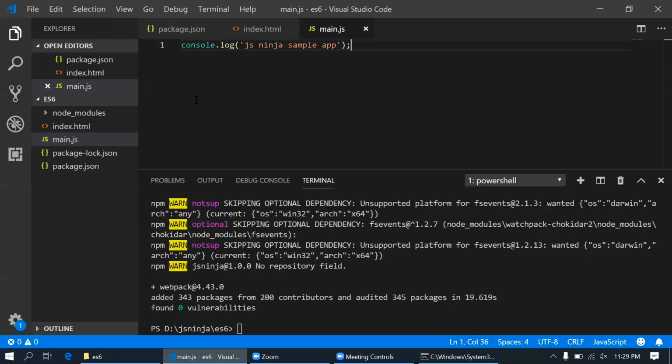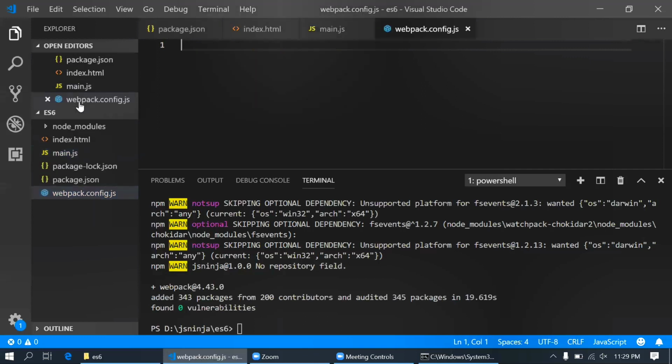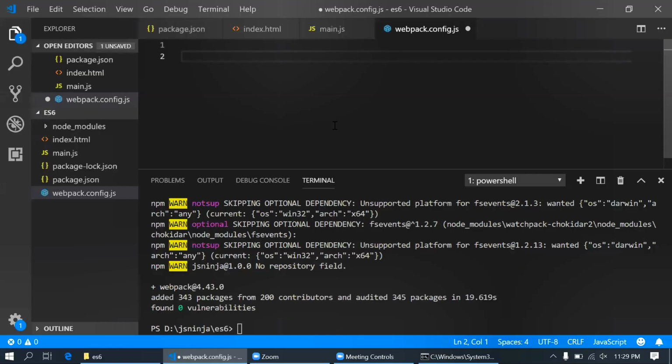Now the next step is to create the webpack config file. In order to create the webpack config file, we will write webpack.config.js. The file name has to be the same, okay? You can't change it. Inside this webpack config file goes everything related to ES6. So let's see what we have.